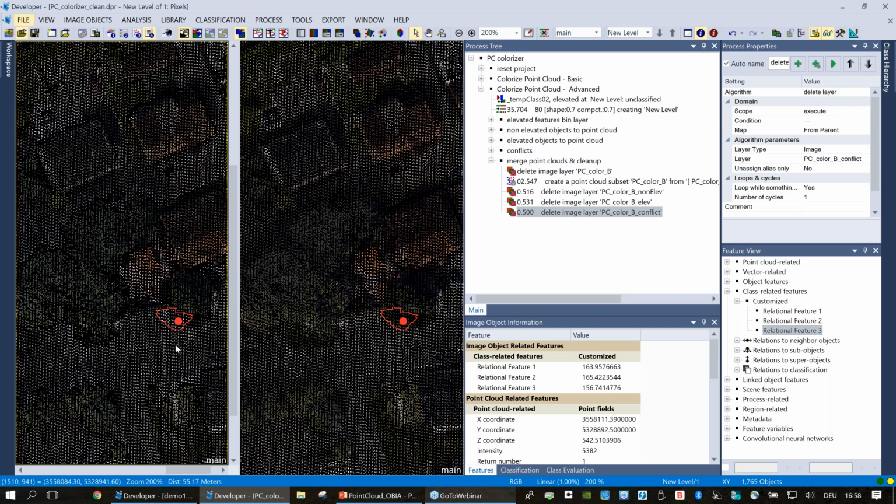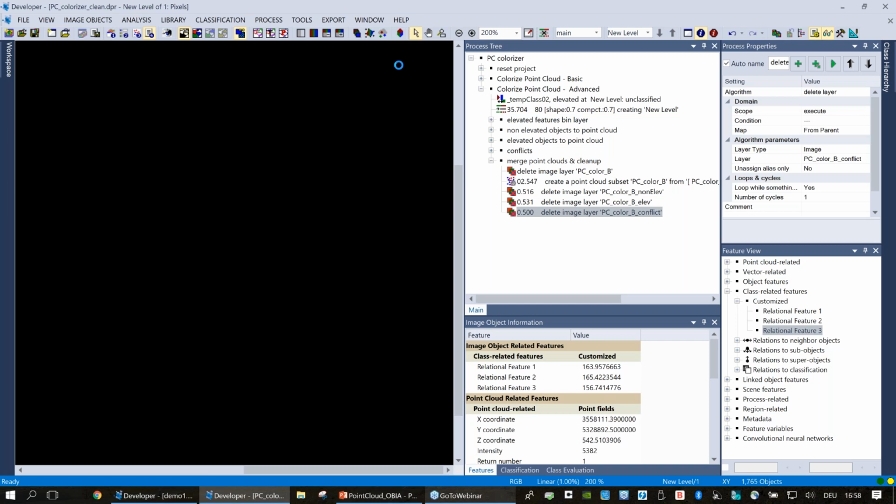We see here these points have that nice streak color, whereas these points are reflecting the color of the tree due to the offset between the imagery and the LiDAR flight, or the point clouds that was created here. So again, we can zoom in here and look at this in